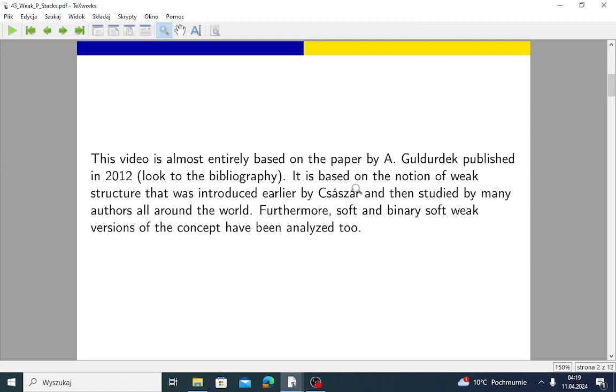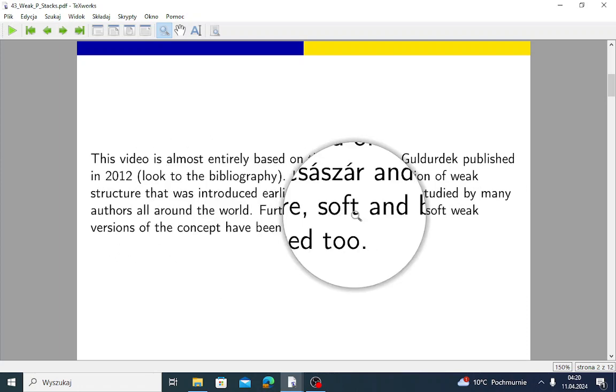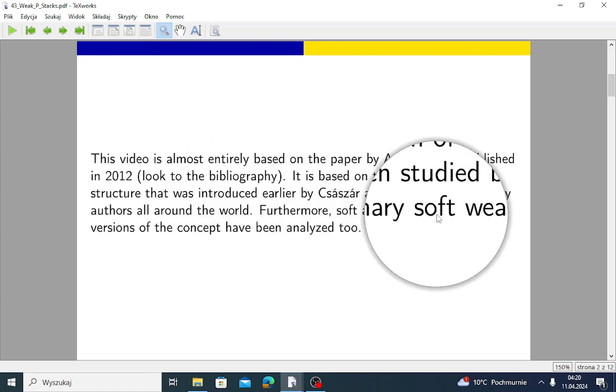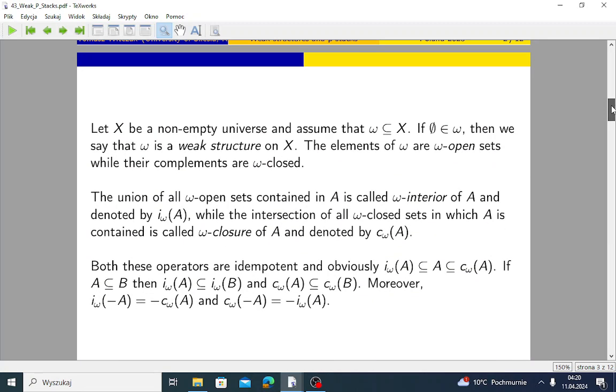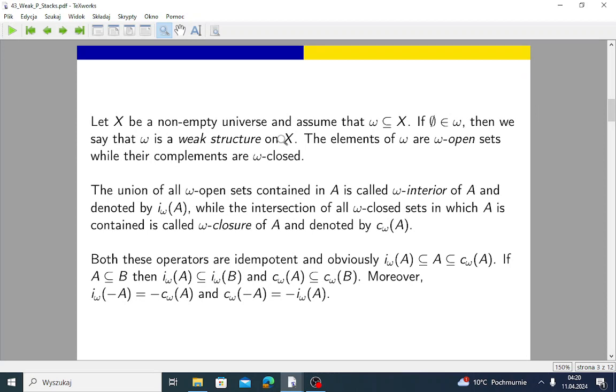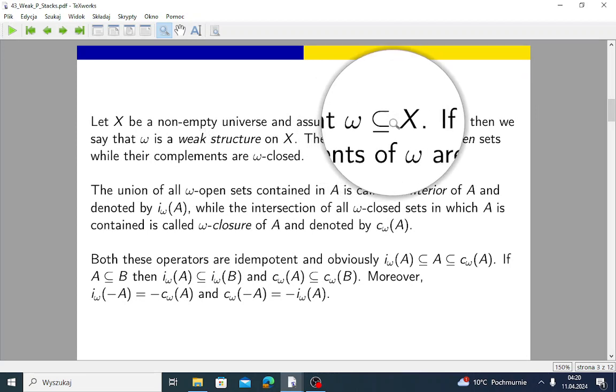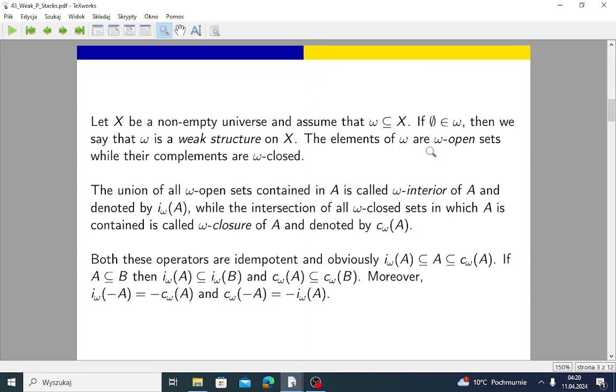And then weak structures were studied by many authors all around the world. In particular, you can find both soft and binary soft weak versions of the concept. Just look at the bibliography of our video. Well, if we have some subfamily of subsets of a certain non-empty universe X, then we say that this family, namely W, is a weak structure in X